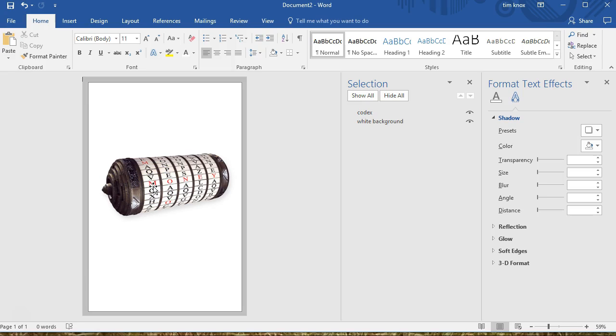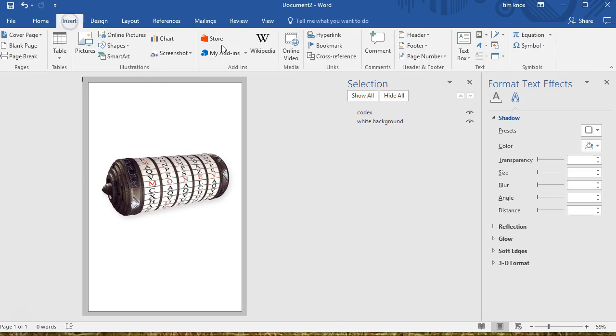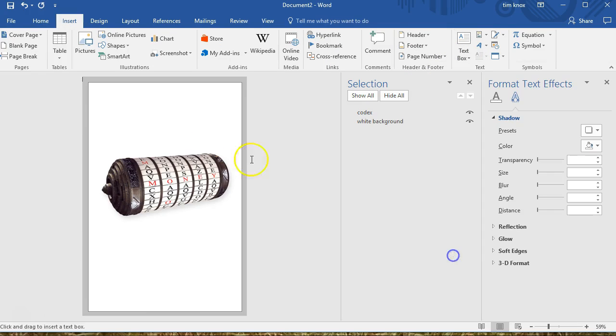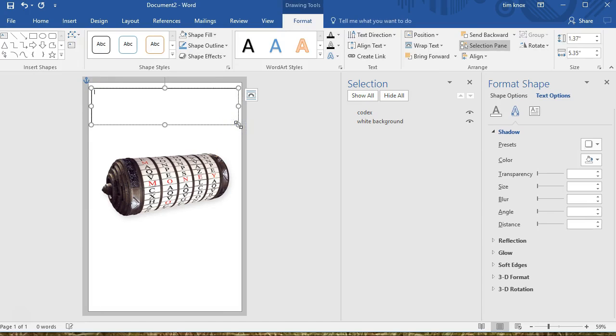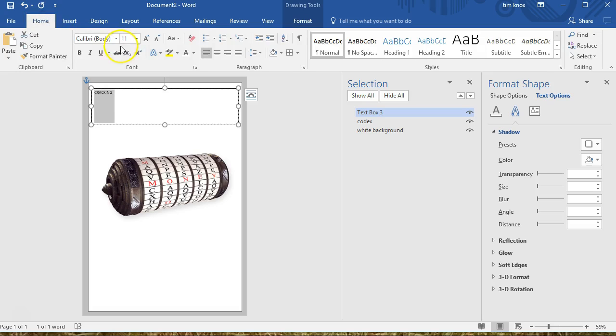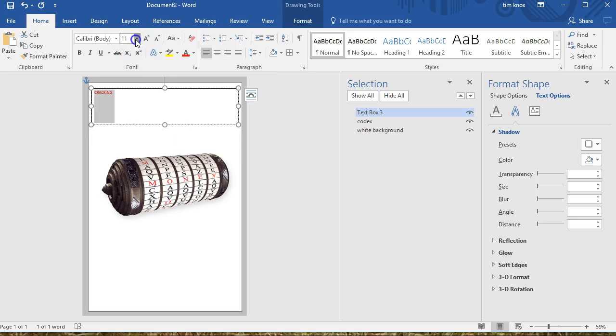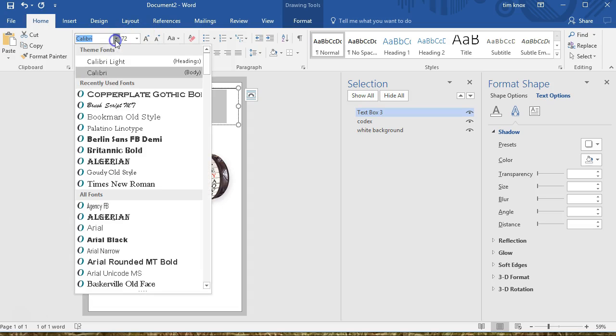So the first thing I'm going to do is the title at the top. I'm going to Insert, Text Box, Draw Text Box, and I'm going to use 3 or 4 separate text boxes because my text is going to be different size and color. So the first word in my title is Cracking, and let me just kind of set that a little bit. I know I'm going to want that red. I'm going to want it very large, and again I can go back and tweak this,